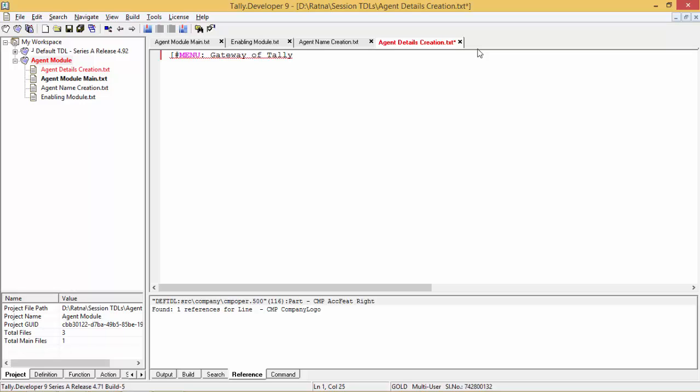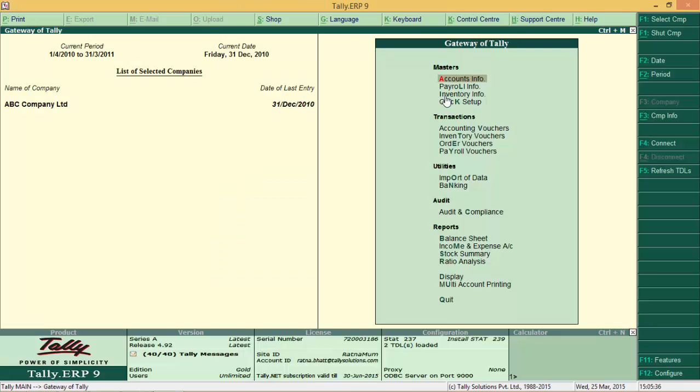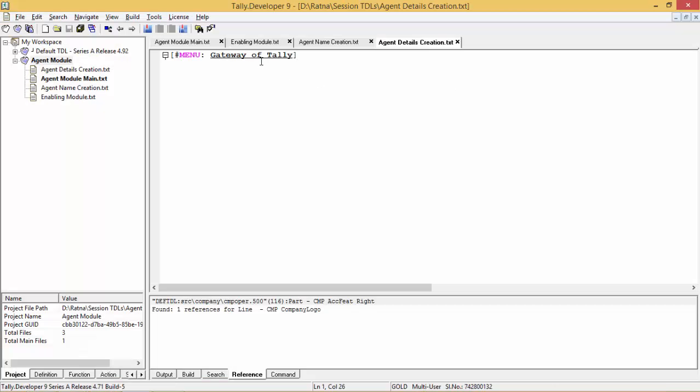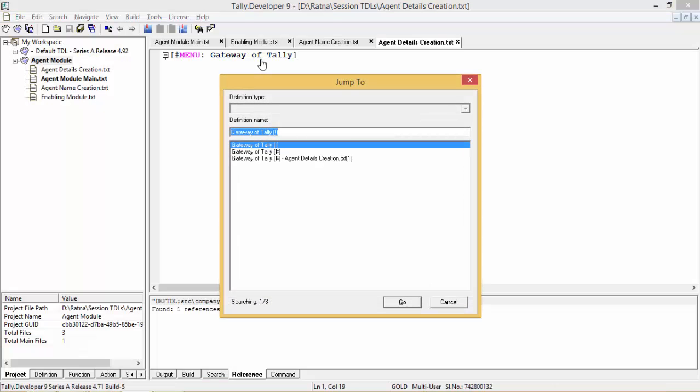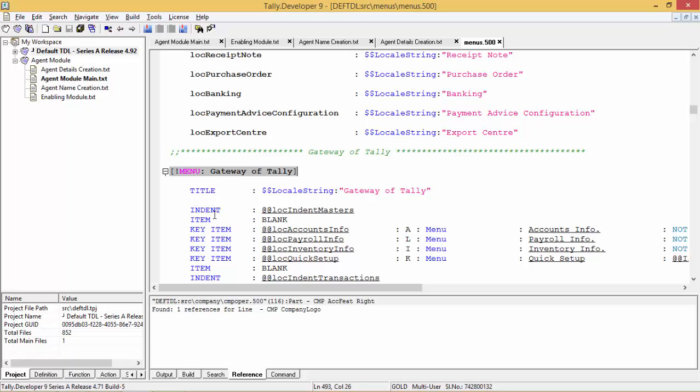Now we want to add value after inventory info, right? Or we can say we'll add it after accounts info. So we go to Gateway of Tally, key item at LOC accounts info. We will just copy this so that we do not make any spelling mistakes. Copy, go to your file,